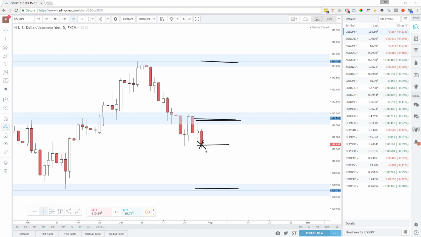So that analogy I used yesterday, the floor and the ceiling. The floor and the ceiling. So the ceiling is resistance, the ceiling is always above price, the floor is always below price, this is support. Resistance is above like a ceiling, support is below like a floor. So,